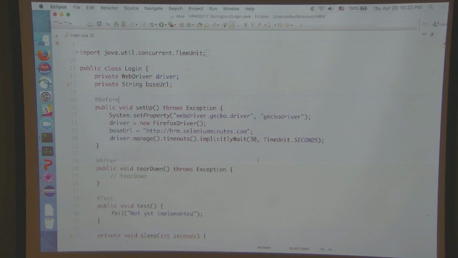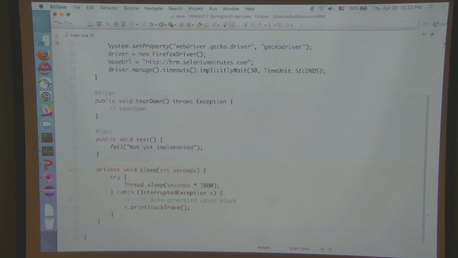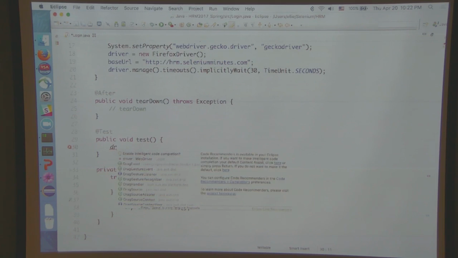Ready? So we are going to go to where it says test. Remember that whole fail business? We don't want it to fail anymore. What we're going to do is we're going to say driver. By the way, I really encourage you to be lazy. What does that mean? It means don't write out things if you can auto-complete them. How do you auto-complete? Write a few letters like I did right now and then press Control space. On the Mac and the Windows, it's the same. And that will give you a list where you can select the thing you're typing.